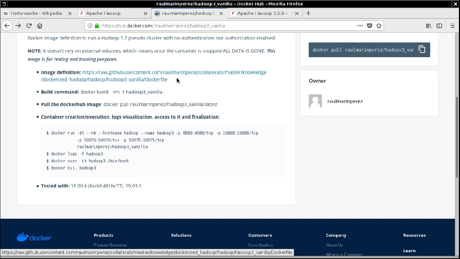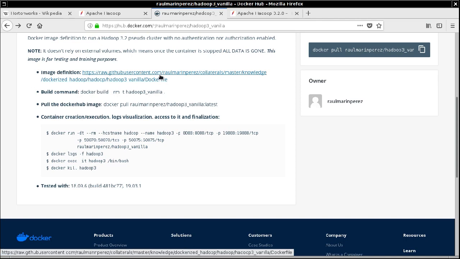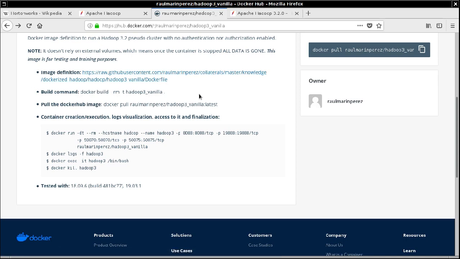And if you start looking around this GitHub repository, you will get the rest of the stuff, the configuration files, and all those things that I used to build the image. And actually you have the build command that you have to use to build the image. So very easy, copy and paste after modifying your stuff,